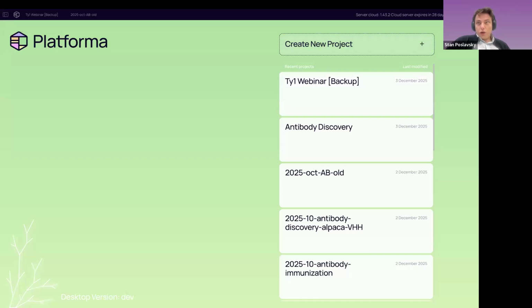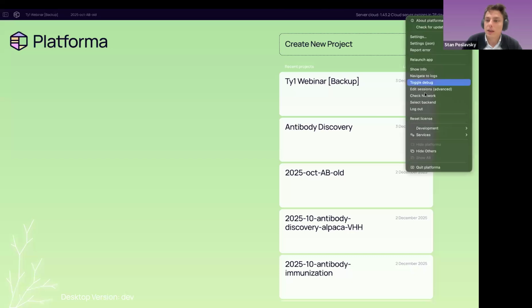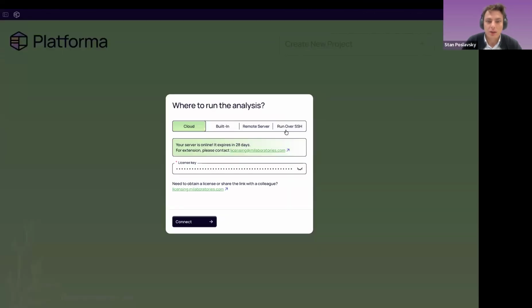So I switch my screen to the Platforma, to the software that I will be showing you today. There are 2 components of the software. One component is the graphical user interface that you install on your personal computer, and you can install it on your Linux. I'm joking. Wet lab scientists don't have Linux. Of course, Windows, Mac, or yes, also Linux. That's one component. And when you install it and launch, the first screen that you will see is the following: